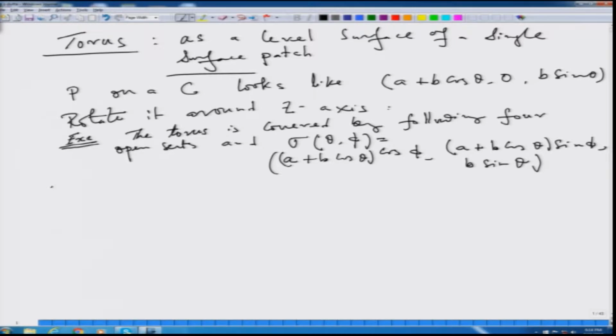It is very easy actually if you think about it geometrically. And what are the open sets? U1: theta between 0 to 2 pi and phi between minus pi to pi,